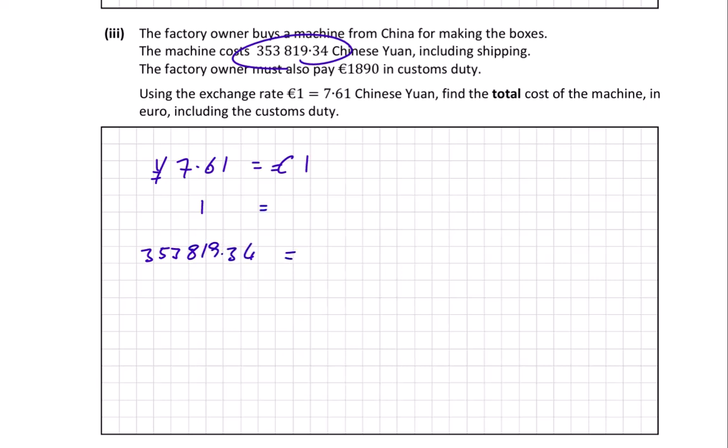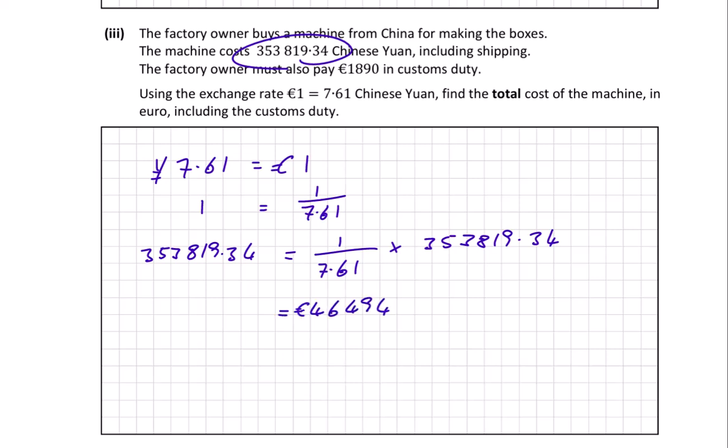So to go from 7.61 down to 1, you need to divide by 7.61. So divide the right hand side by 7.61. Then multiply to go from 1 up to 353,819.34. Multiply, so it's 1 over 7.61 multiplied by 353,819.34. So when you do all of that, you're going to get